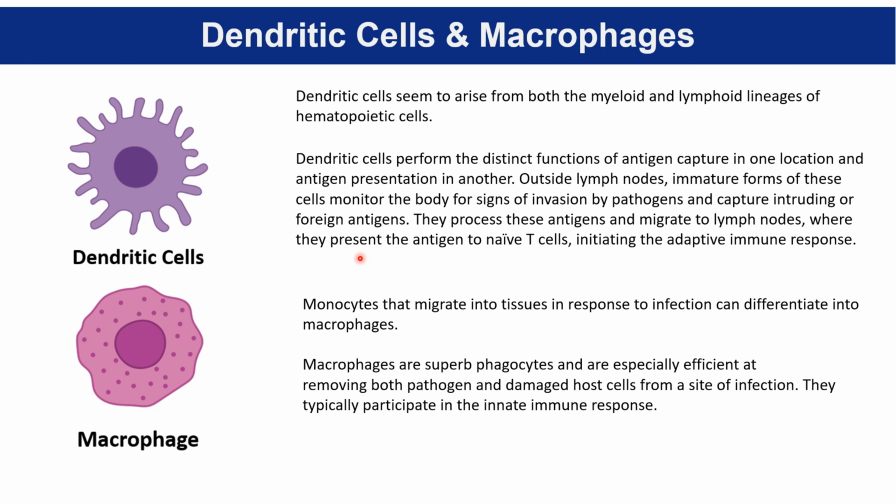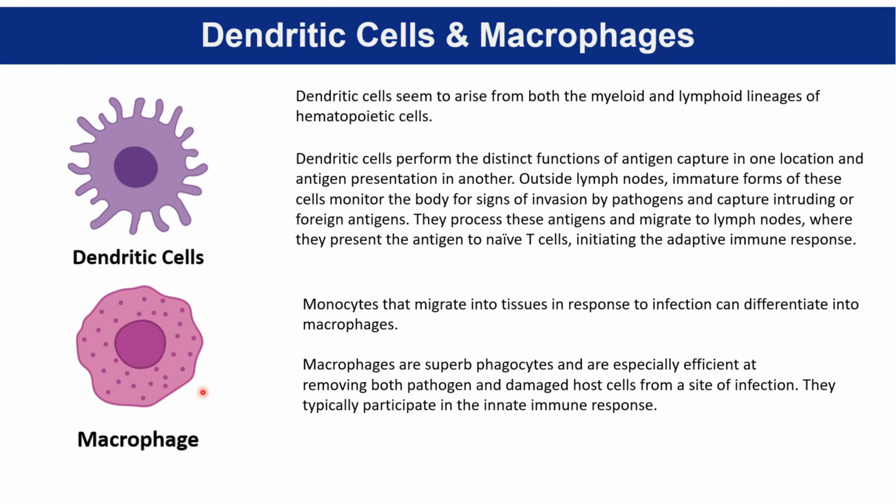As I mentioned, they do the antigen capture at one site, like at the site of infection, and they also do the antigen presentation at another site, like in the lymph nodes, where they can activate the other immunological cells by presenting the antigen to the T cell or the B cell. So when these dendritic cells present antigen to the naive T cells, they are initiating the adaptive